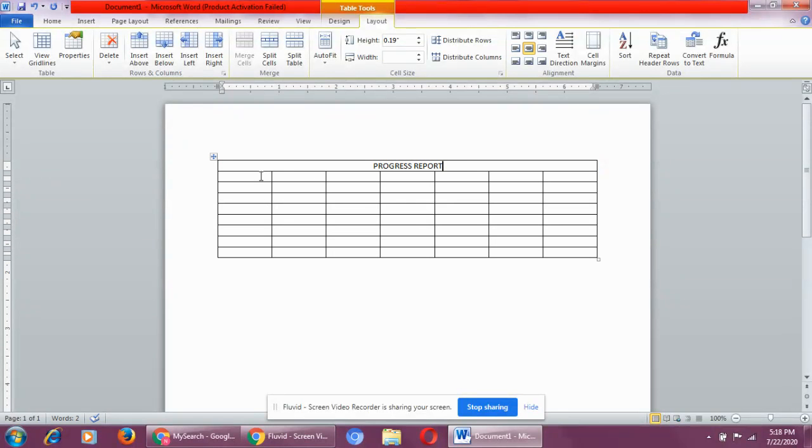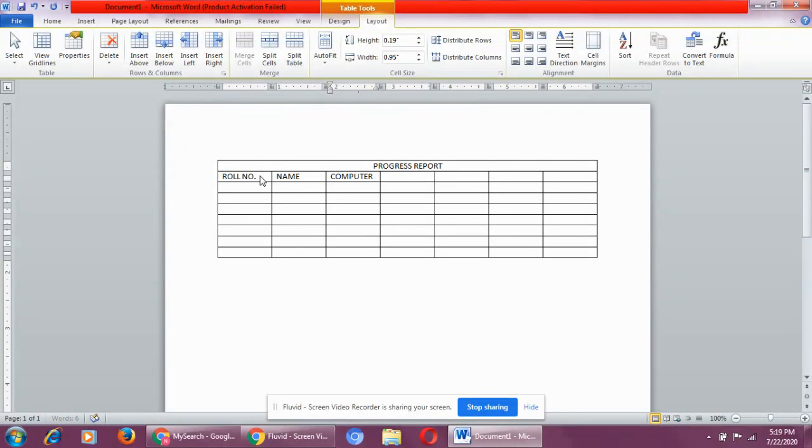All right. Now click in the second cell and type roll number. Then next, press the tab key and type name. Likewise, press the tab key and enter other field names as given in the book.